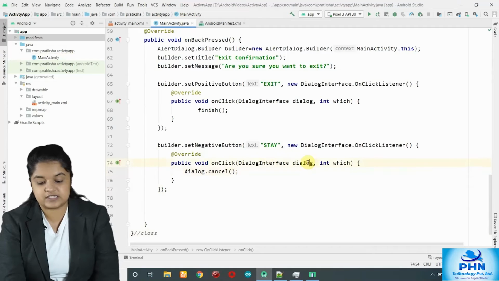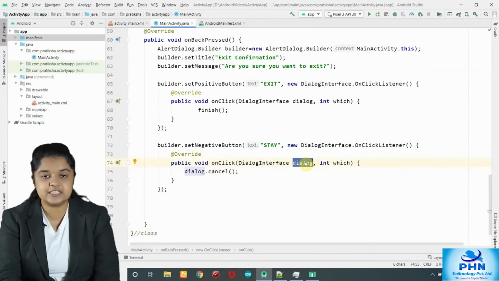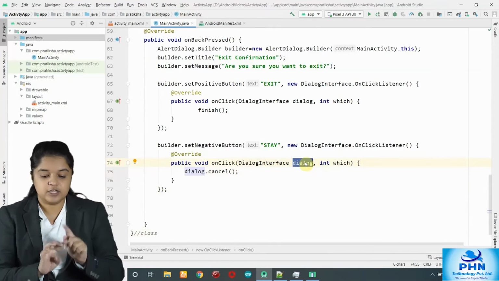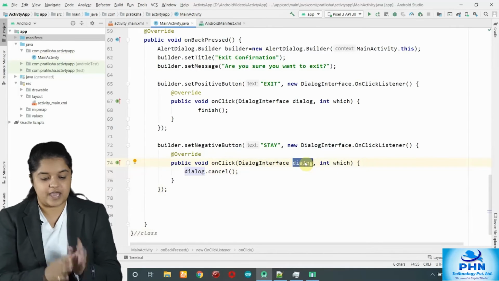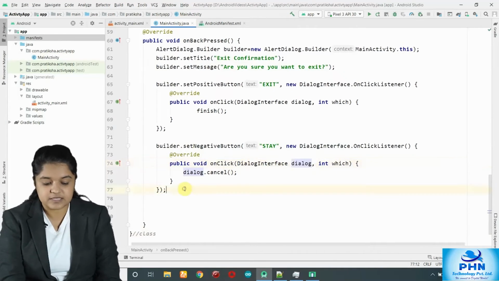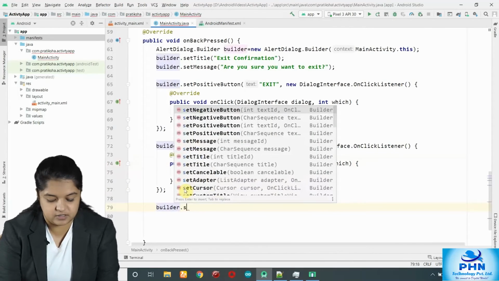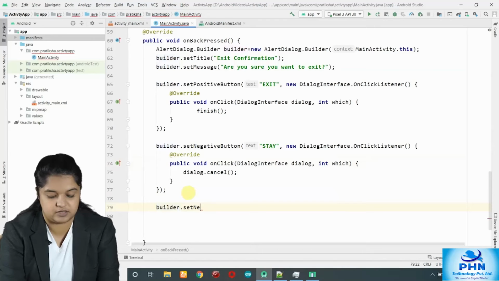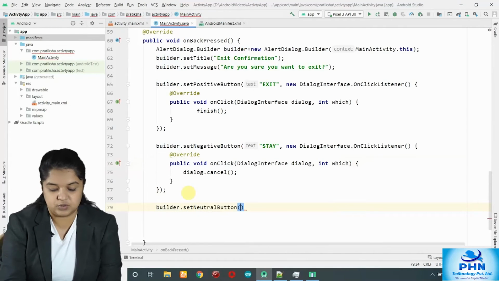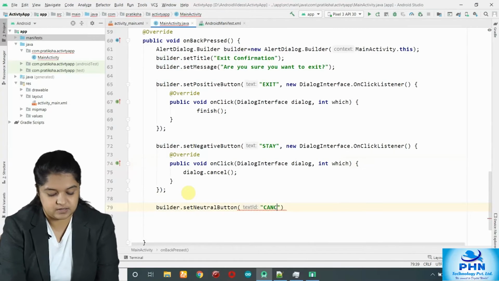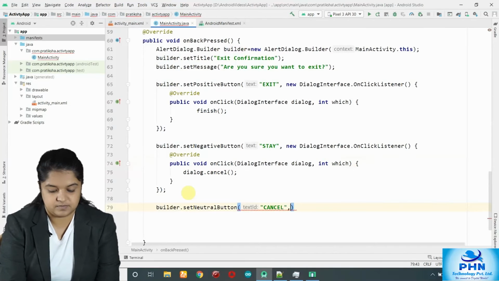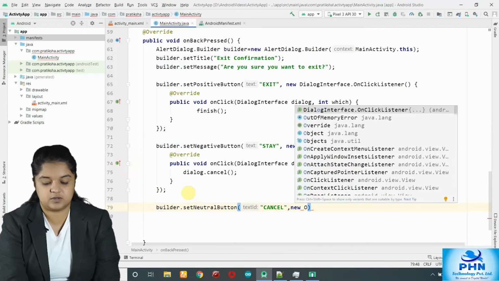Now this dialog is the object of the dialog interface. It is the object of your alert dialog, so you can cancel it directly: dialog.cancel. Similarly, you can add a cancel button as well. So let's say builder.setNeutralButton, Cancel, new, space, capital O, enter.